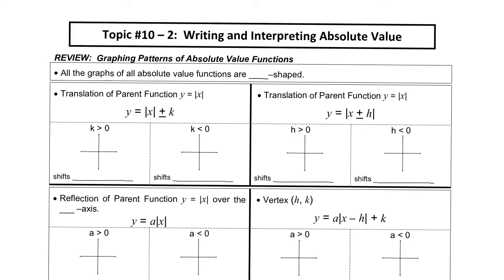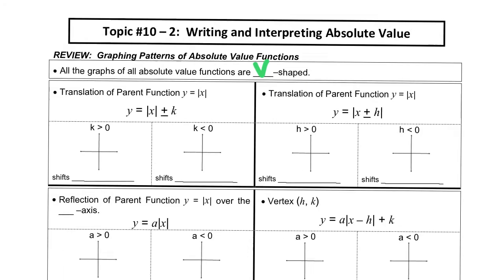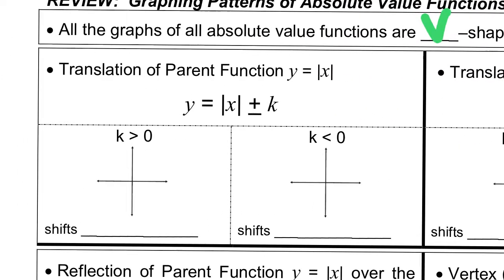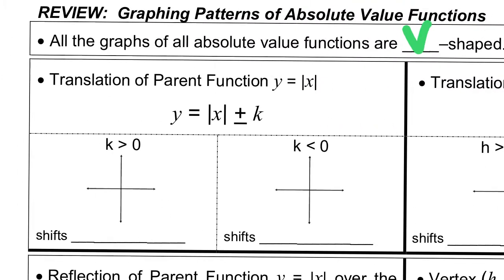Today we'll be discussing writing and interpreting absolute value. Remember that graphing patterns of absolute value functions, they are all V-shaped. We start with the parent function, which is oriented around the origin. However, if we have a translation of the function